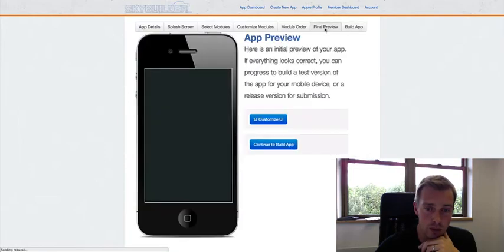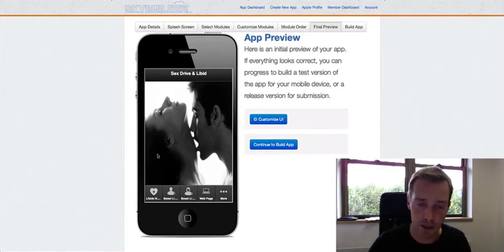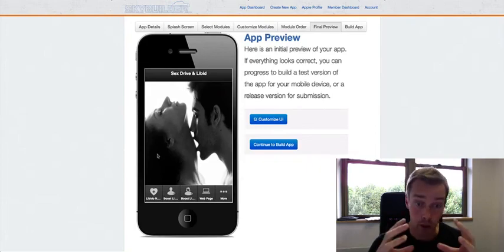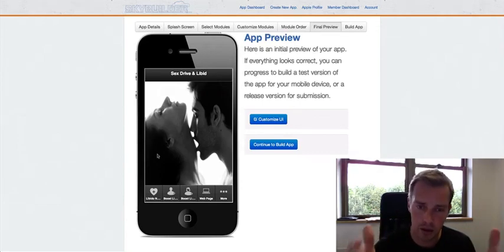We can go back to our final preview again, sorry. And essentially that is our app built. Now obviously you need to add more content in there, but I've just built an app, I don't know the time, I would say that's taken me about 10 minutes. Now obviously I'd have to go and get some content for it, make the content great, get some nice images for it, and then I can go and build it. But do you see how simple that was?